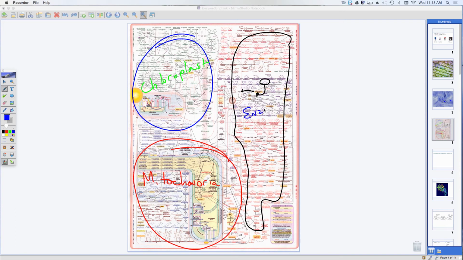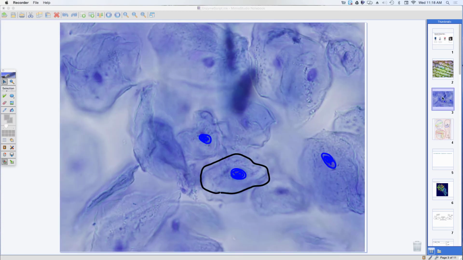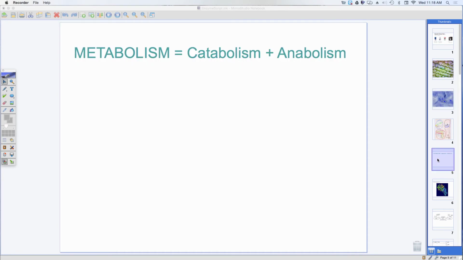So it's enzymes that are helping this chemistry to proceed. And this chemistry is what's occurring in each and every one of our cells. Different cells specialize in different types of chemistry, but this chemistry and the sum of these chemical reactions are the thing that we call metabolism. So metabolism is the sum of the body's chemical reactions